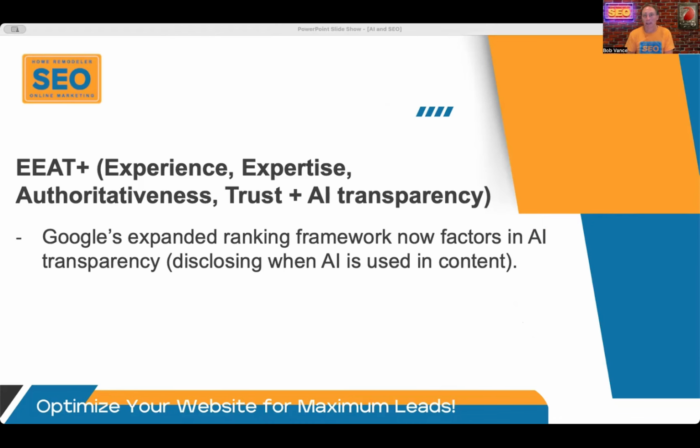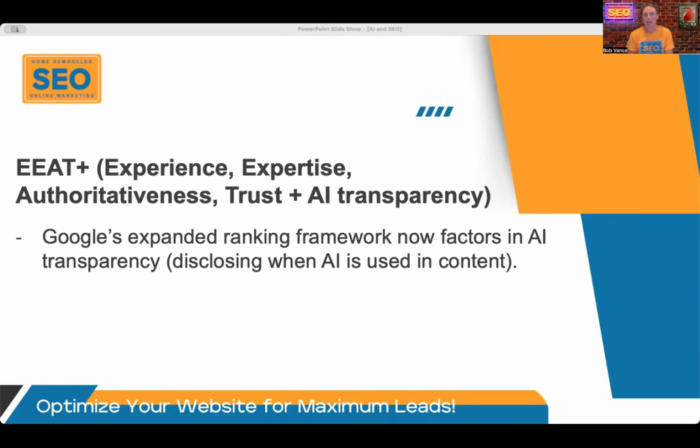It's kind of their expanded ranking framework. And now it's factoring in AI transparency, also disclosing when AI is used in content. If you're using AI images on your website, one, don't just quit doing that. Show your own photos. And two, Google will show readers that this is an AI image, because readers don't want to be fooled.